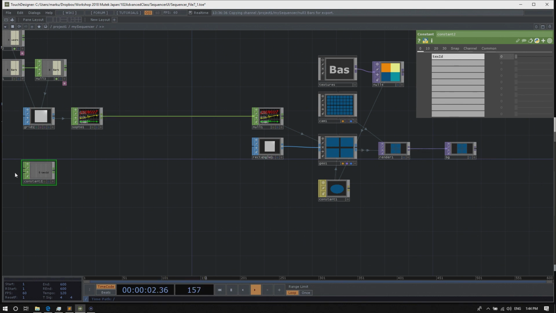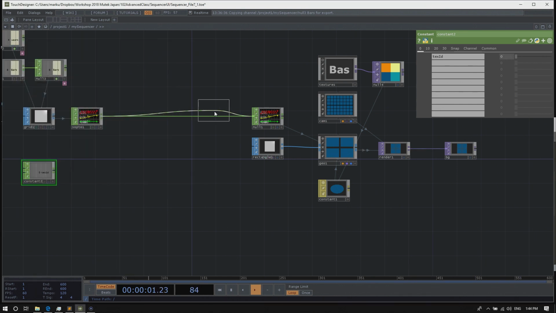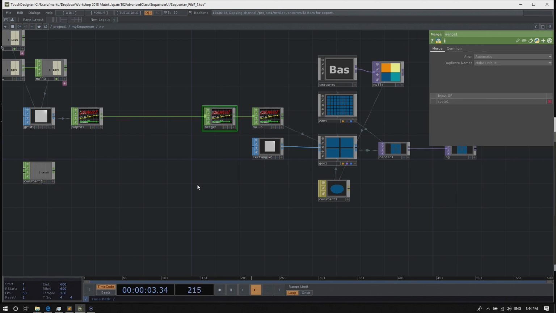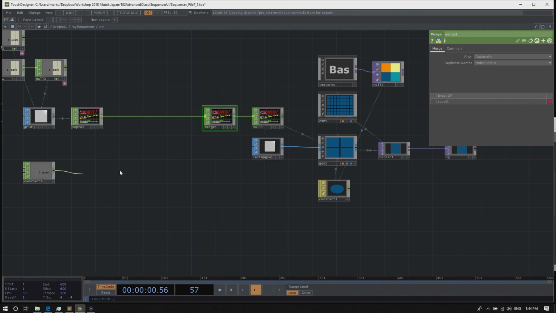We'll merge this channel into our CHOP chain just before the null, so let's insert a merge CHOP and connect the constant to the merge.